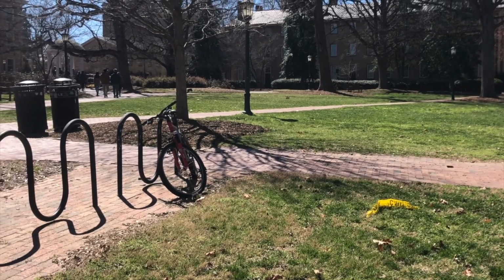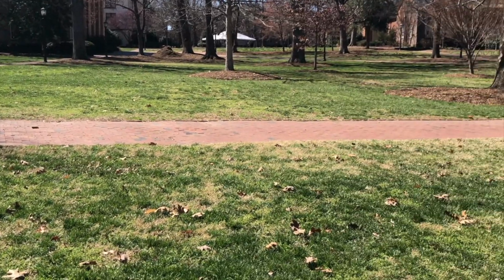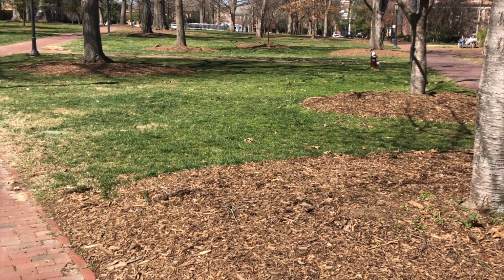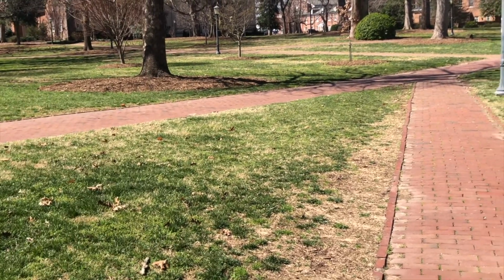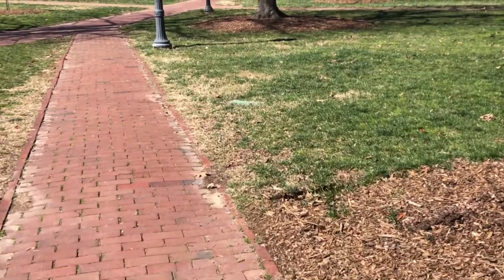But this is McCorkle. You can see the Old Well on the upper left. It's very quiet right now. I believe it's spring break, so it's just a nice Sunday afternoon. This would be the way you get to Franklin Street from campus. A lot of squirrels, not a lot of people right now, but if you see a random squirrel, they run